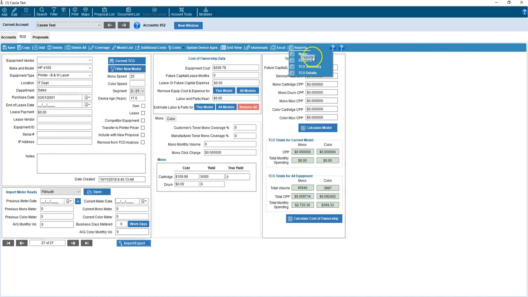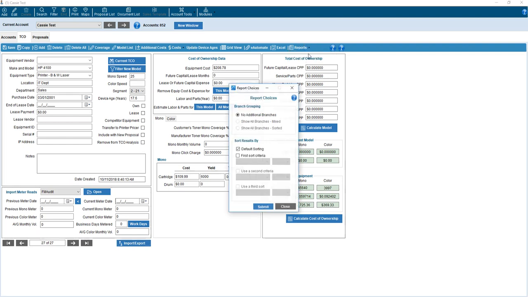You have your reports. You have a meter report, equipment report, TCO summary, and TCO details report. If I choose my meter report, I can choose to bring in additional branches as well. So if I have parent-child relationships set up, I'm going to be able to, if I'm on the parent account, choose to be able to bring in all my child location or branches as a mixed or sorted file as I print this report. I don't have any additional branches, but then I can choose to leave it at default